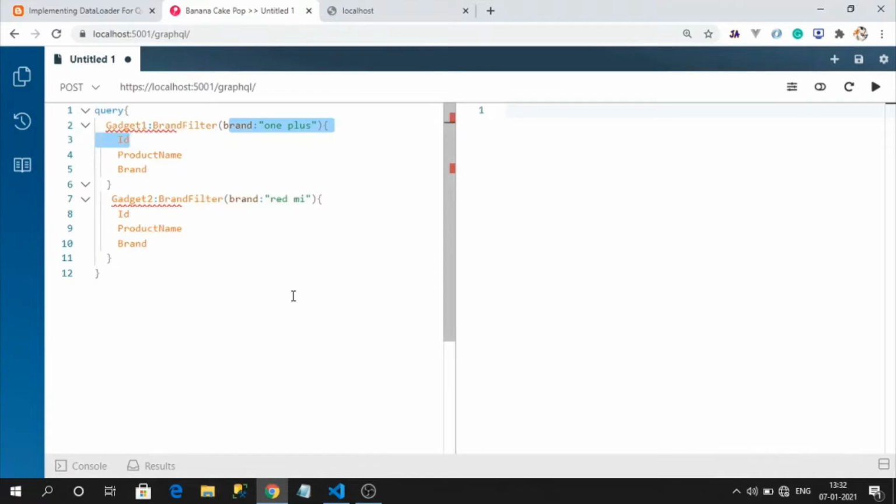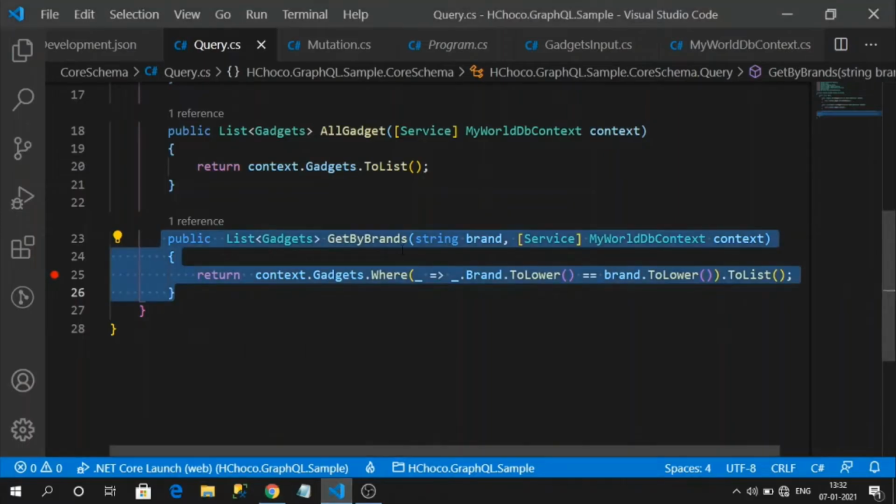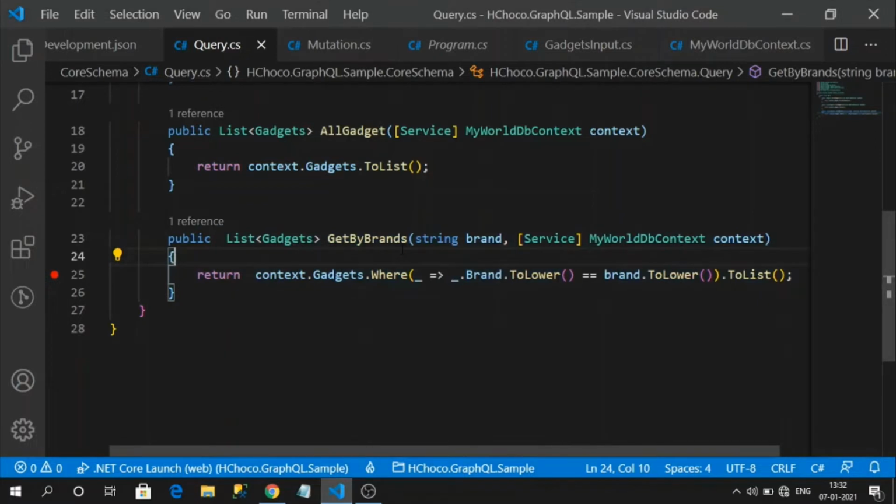Data loader, what it will do, it collects all the request query parameters as a collection, and the whole collection will be executed against the database as a single call, and resolvers also execute one time only. So that issue will be fixed with the help of our data loaders in this kind of fragment queries. Okay, and I also want to mention one more issue along with this loader in this session,